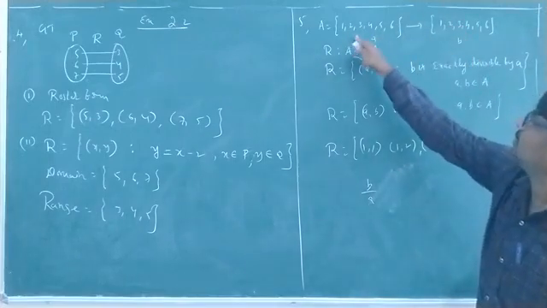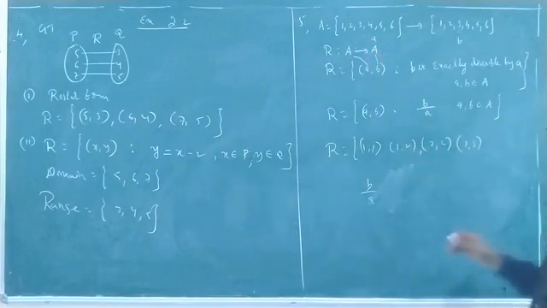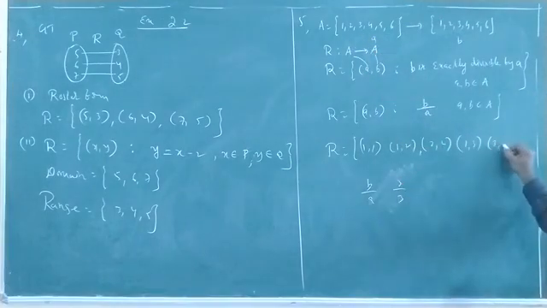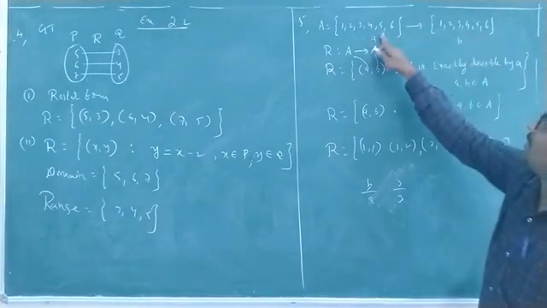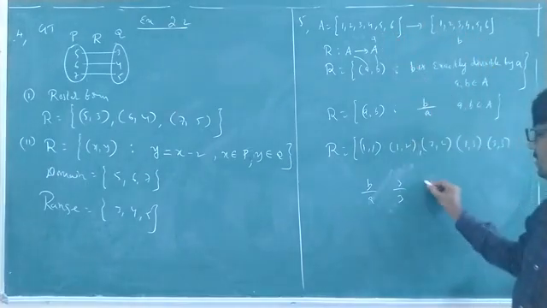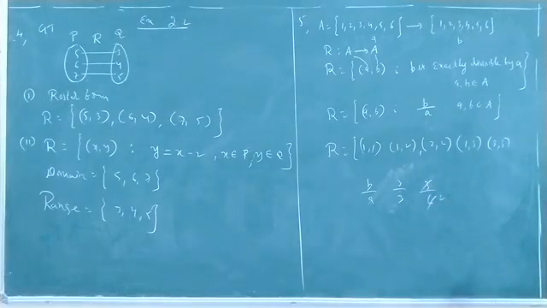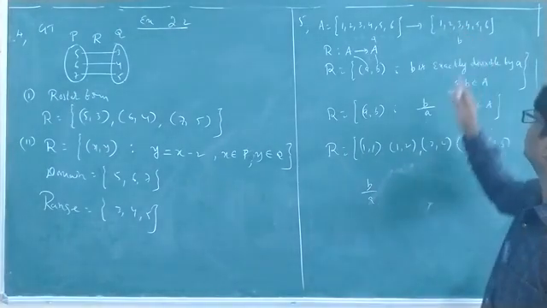Next, 3 by 2? No. 3 by 3? Yes. The A value and B value are the same, so (3, 3). Next, 3 by 5? No. 3 by 6 means 3 is also 1 by 2 times. It does not divide exactly. Next, 3 is over. Let's go to 4.